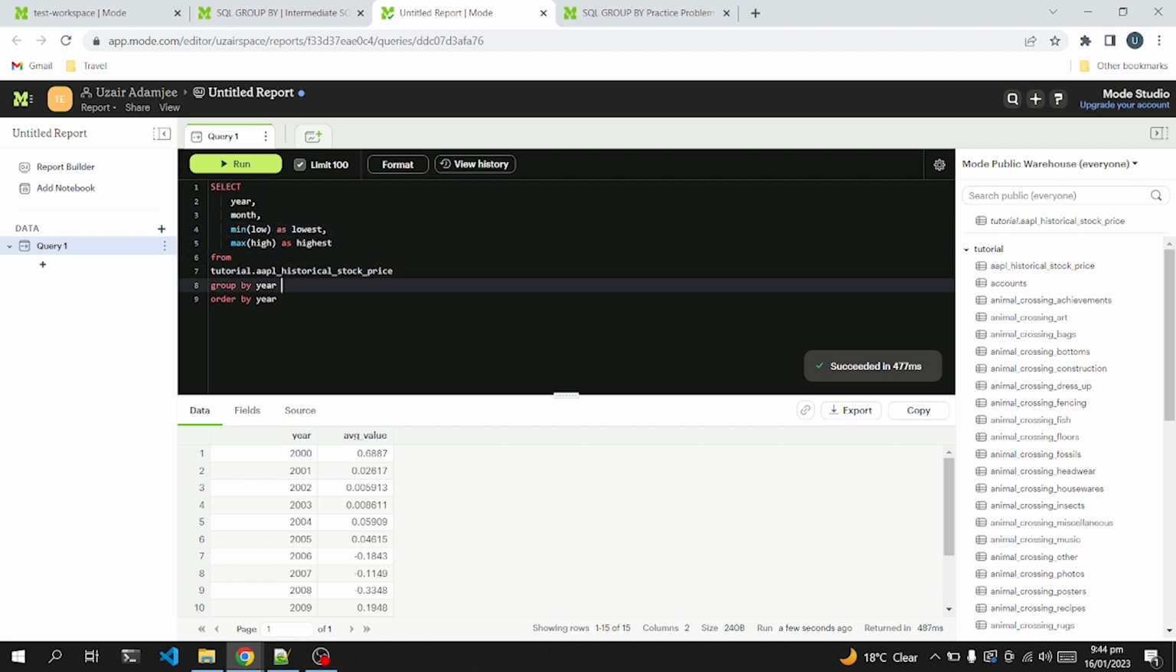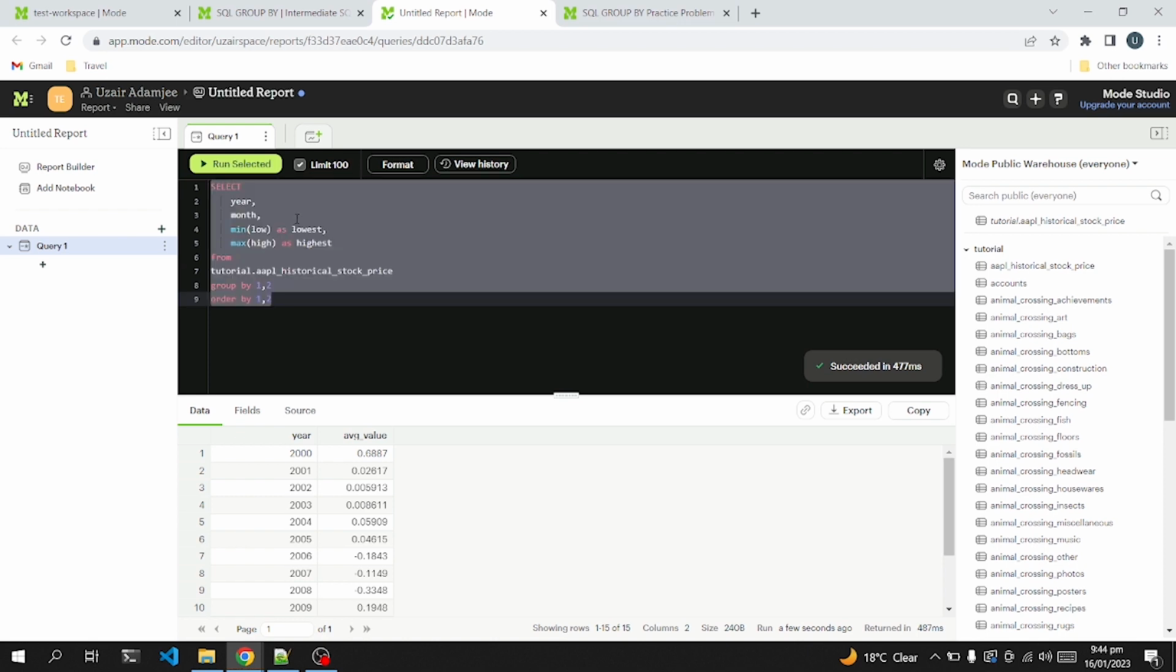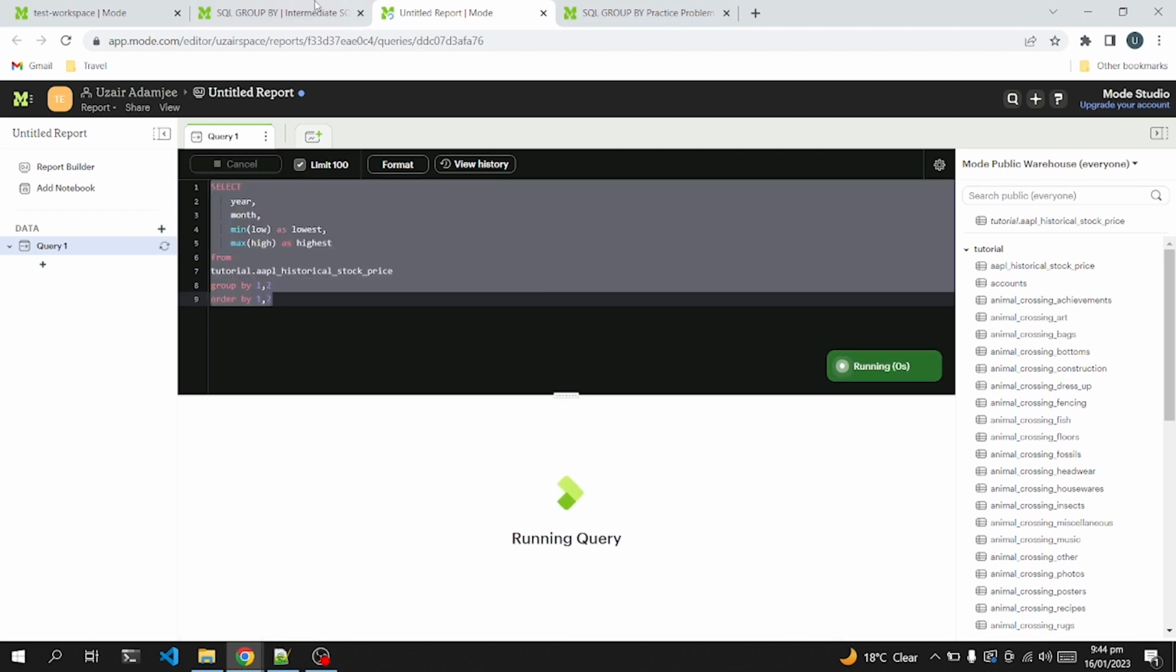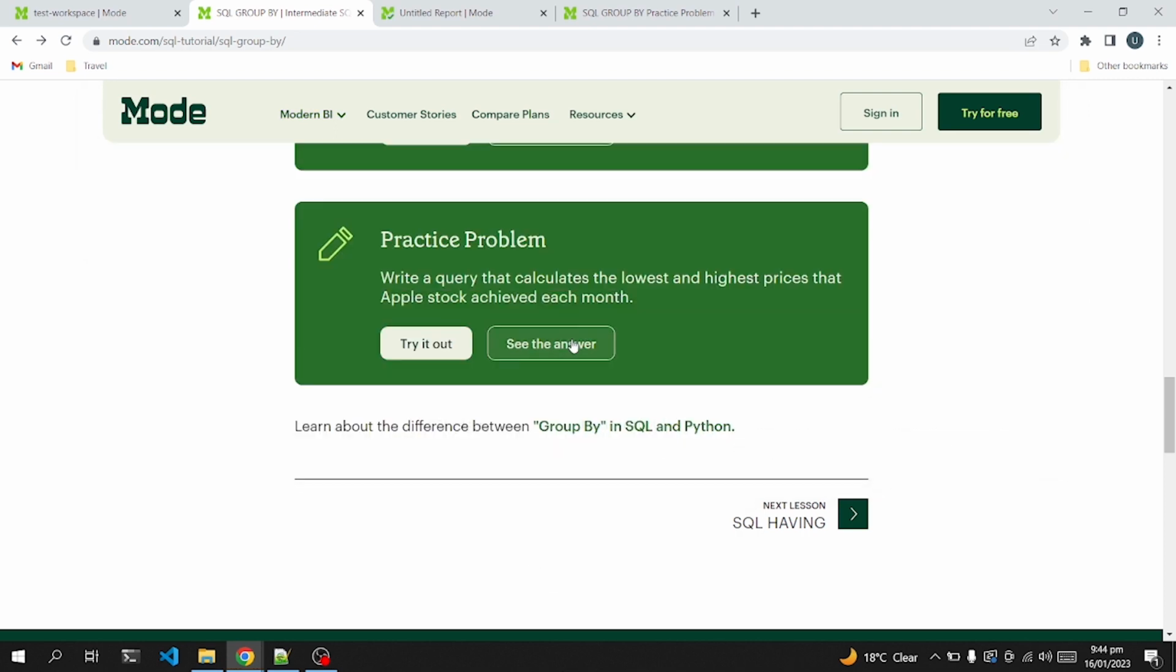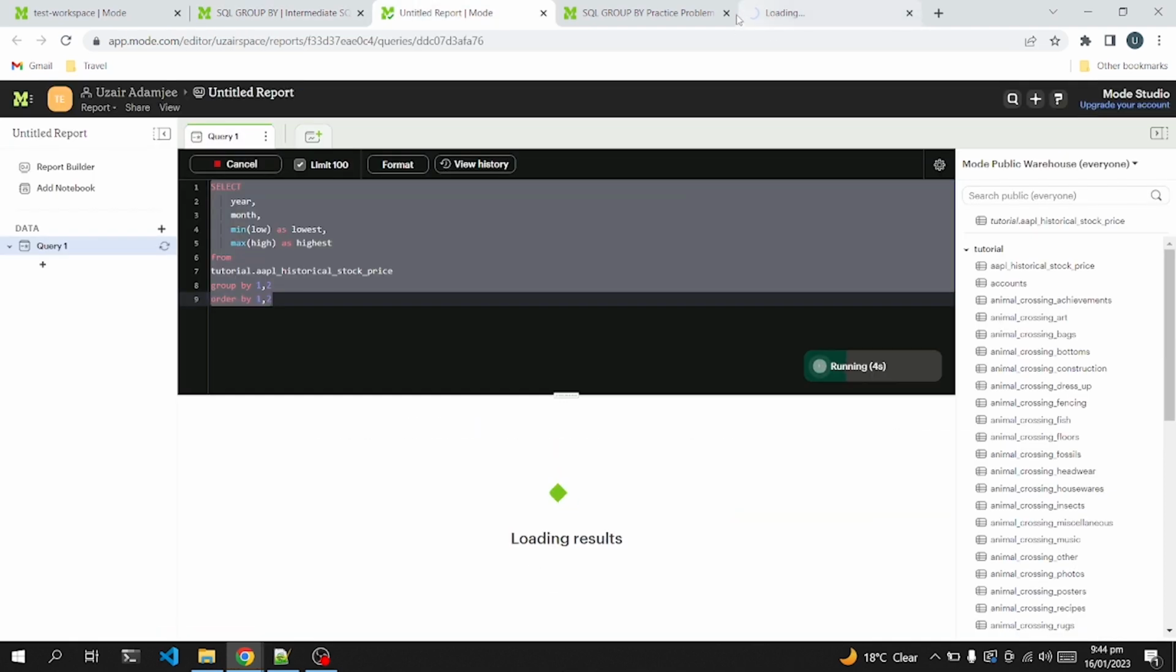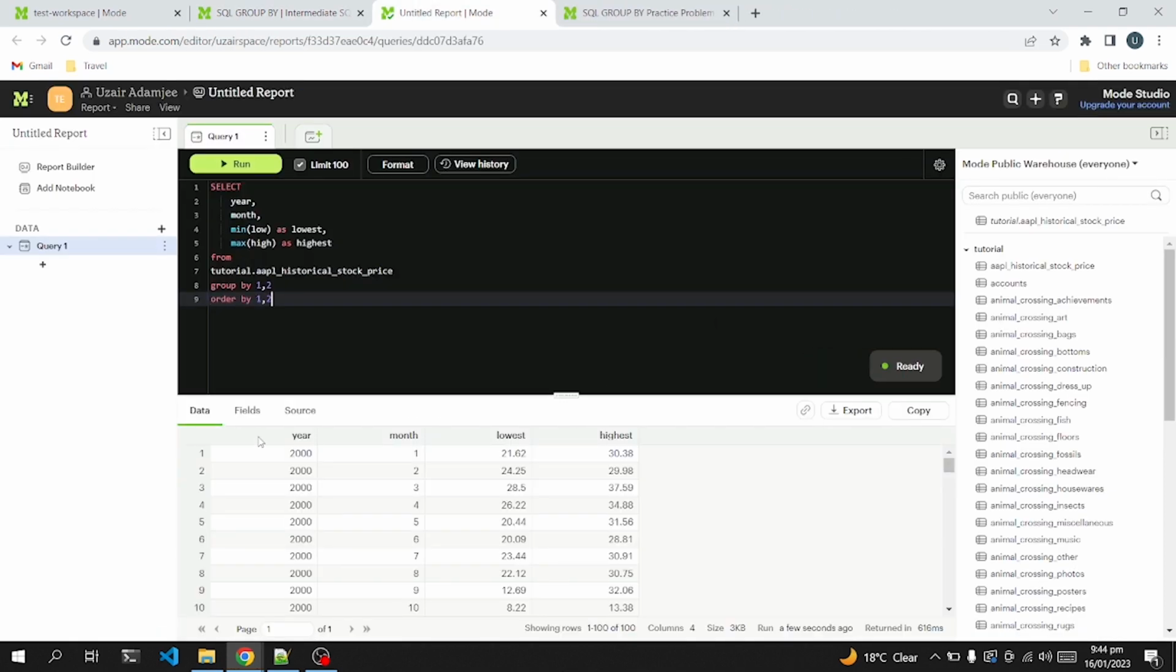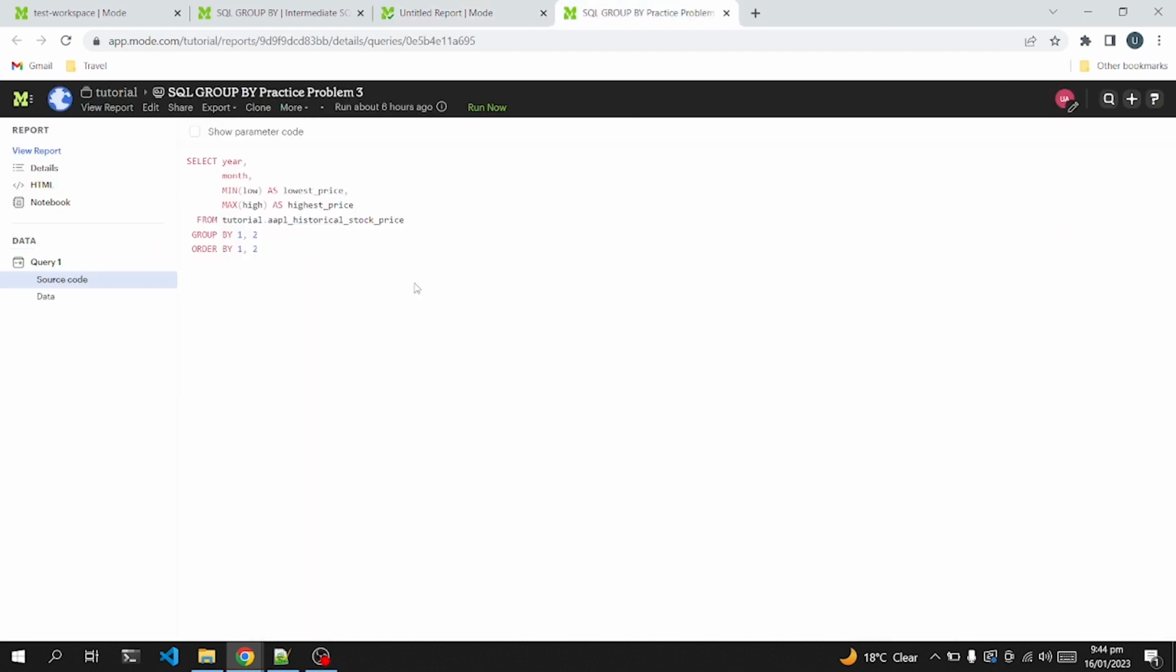Just group by 1, comma 2. Let's run it and check the answer as well. So for each year and month, we have got its lowest and highest values. So yeah, we have implemented that right. Let's now jump to